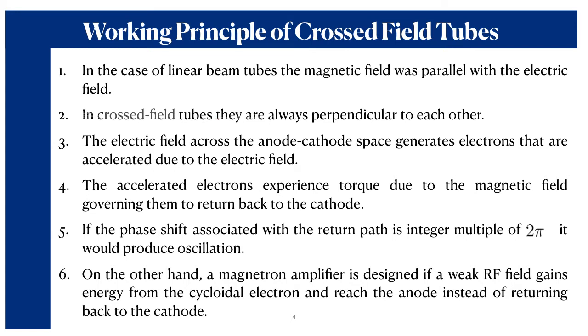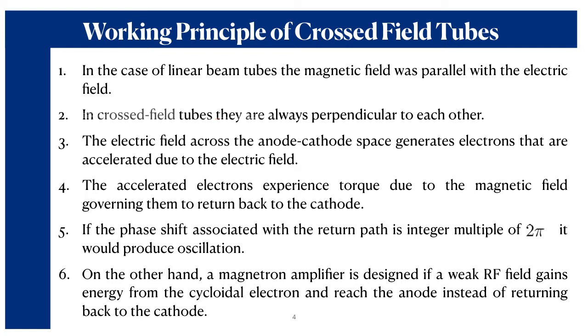So by the application of the magnetic field, the electrons which are supposed to get back to the initial position, which is the cathode, rather reach the anode